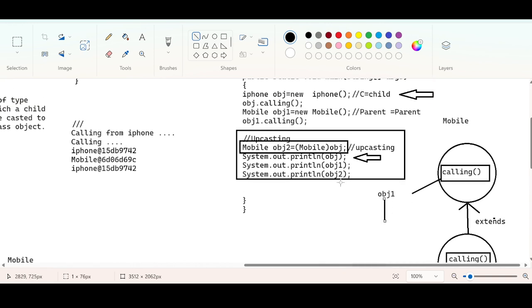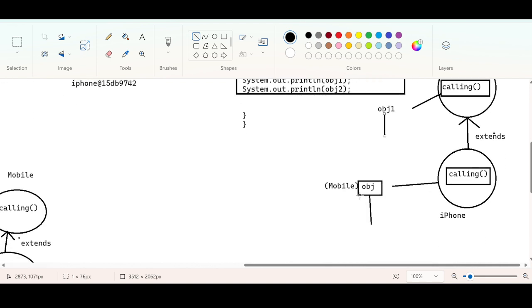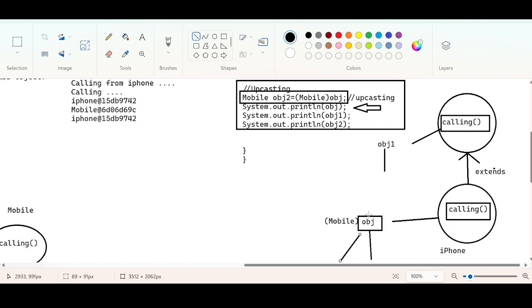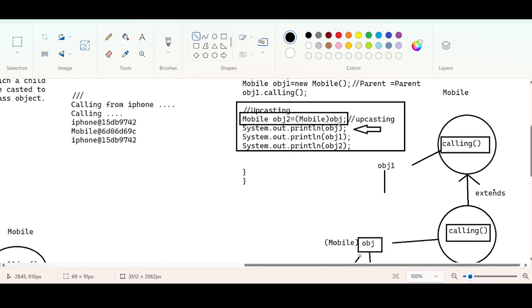Which address will be printed? For obj2 also, the obj address will be printed. Why? Because we have typecasted obj to obj2. We are assigning obj to obj2, right?